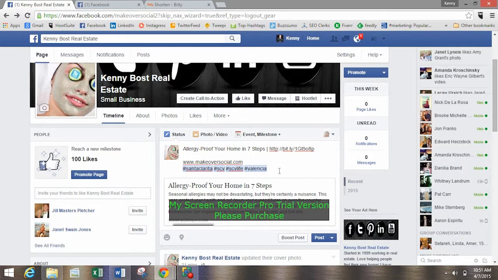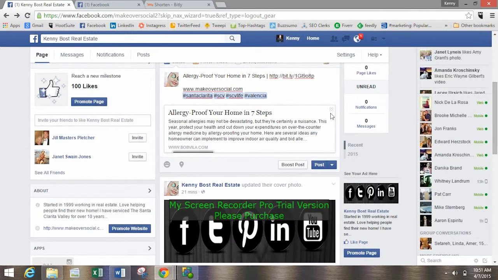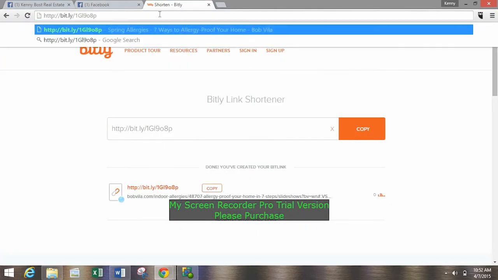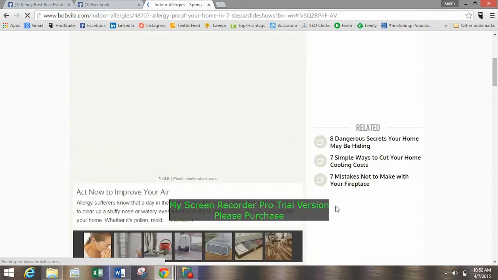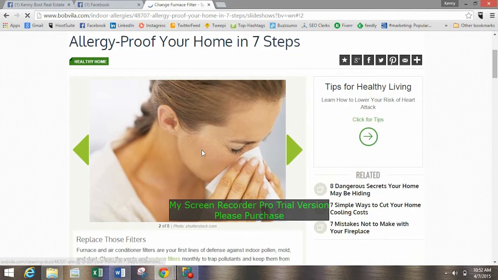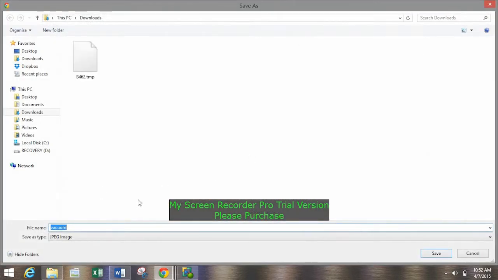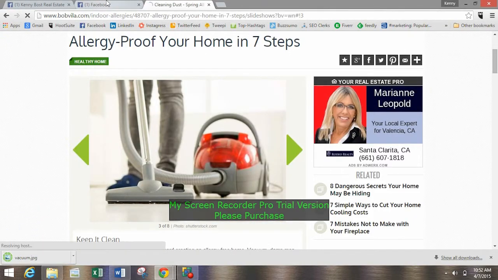You always want to post a photo on Facebook with every post you do. Even if it gives you this little preview right here, ignore the preview. Get rid of this section, and then add in a picture. So we go back to the story, and I just grab whatever picture they're using for the main story. Maybe not the scroll below your nose, but okay, that was a little bit better. Save image as, and then we just hit vacuum. We're going to go ahead and save it to the desktop. Save. Then I go back into Facebook.